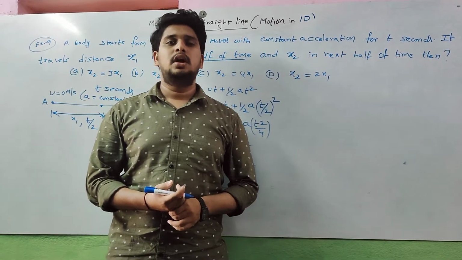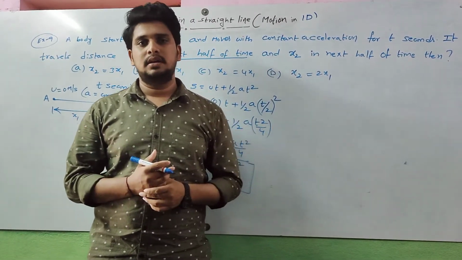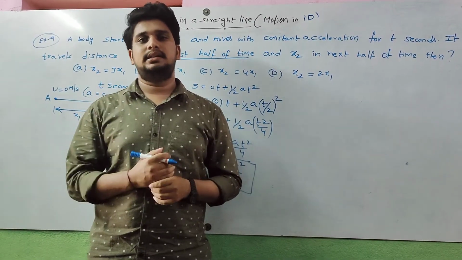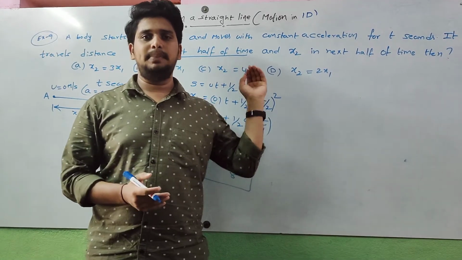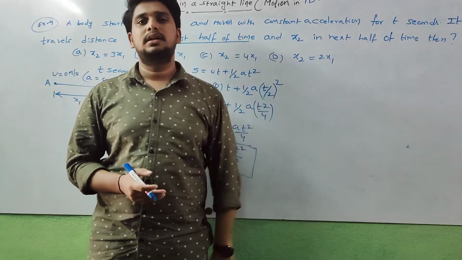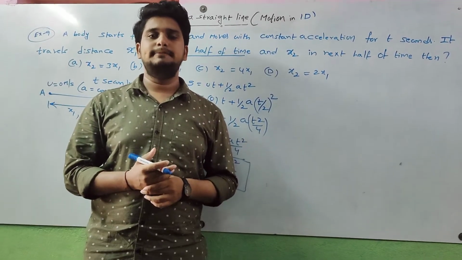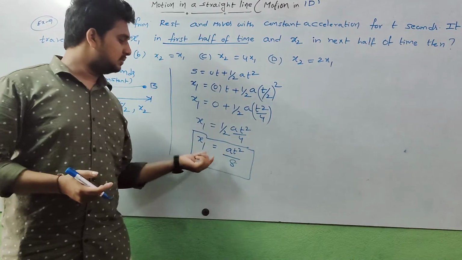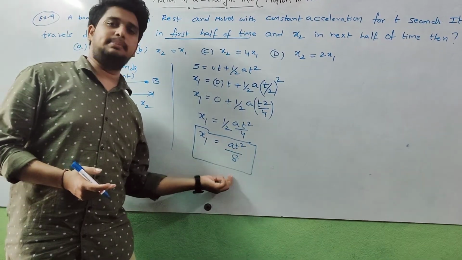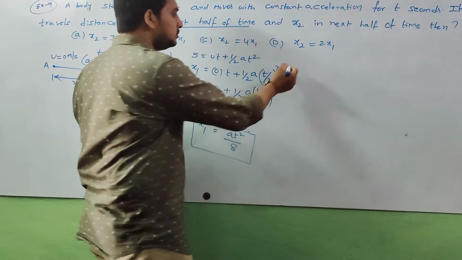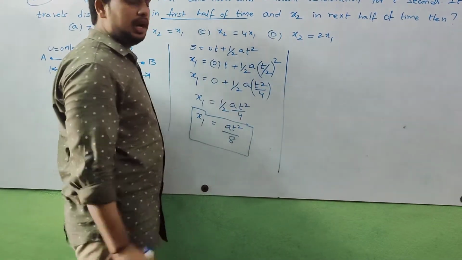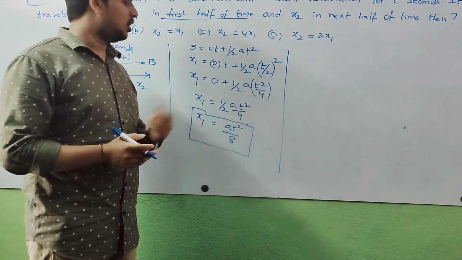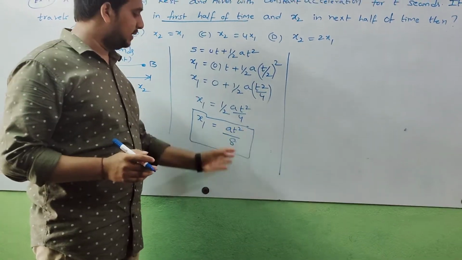Well, continuing my lecture on problems on motion under gravity, we discussed up to now example problem number 9. In this example problem 9, we already calculated distance S1, and that value we got as a t square by 8. So now we find S2. After finding S2, the relation between S1 and S2 we will get.